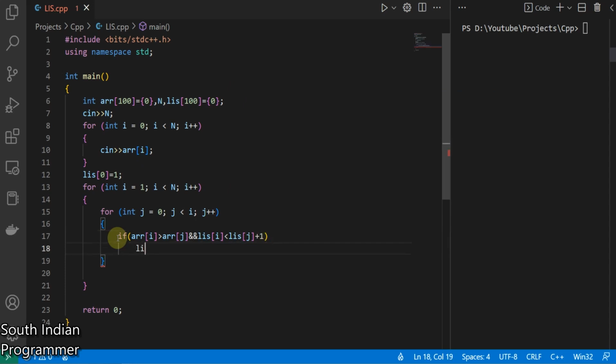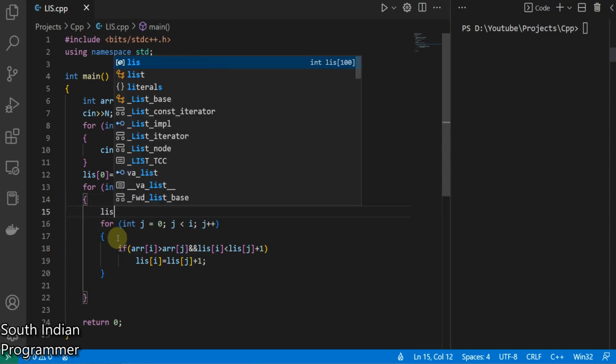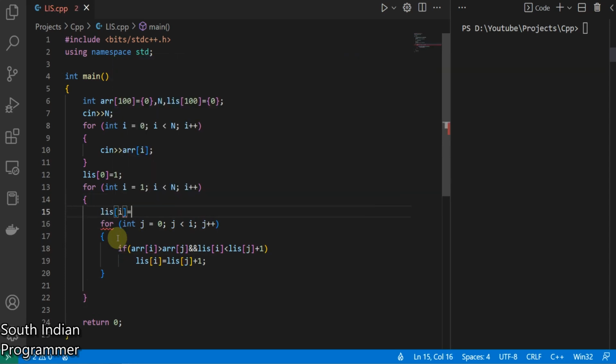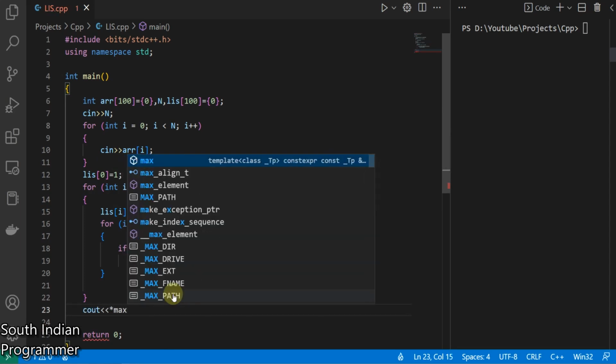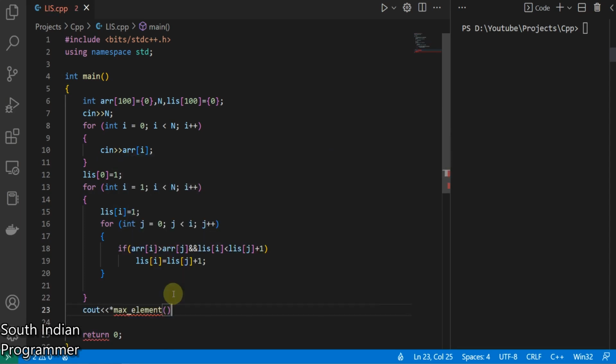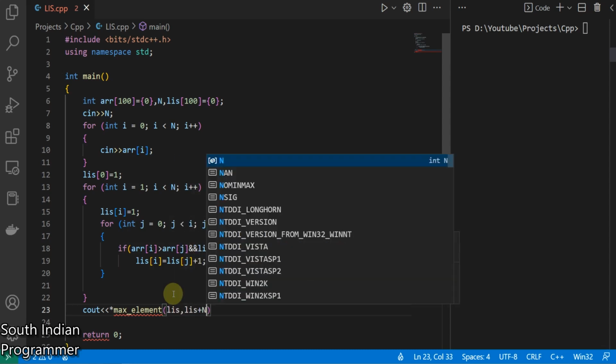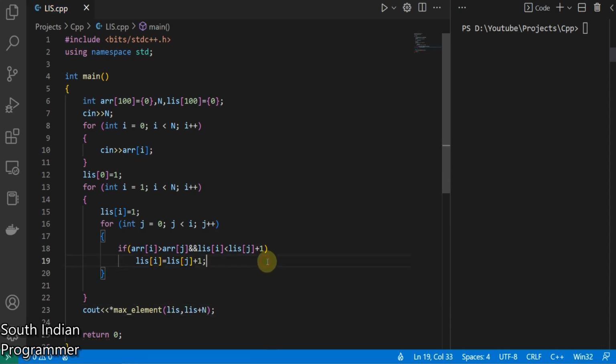If that is the case, LIS of i equals LIS of j plus 1. For that I have to initialize as LIS of i equal to 1 and see out how to find the maximum element of this. So max element of LIS comma LIS plus n. Okay,